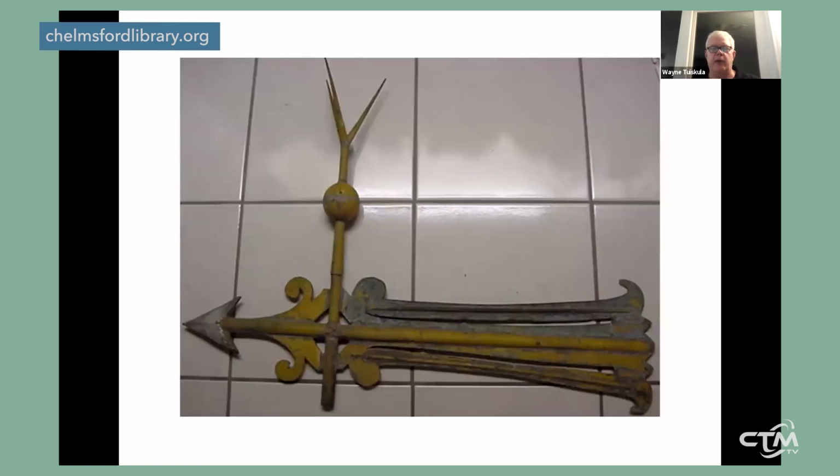This is an old weather vane, quite old, maybe even 18th century. A person asked me to sell this for him, and so I consider it a piece of folk art. These are very desirable. This brought over $5,000 at auction, and you can see the patina, or the natural wear and aging on it,